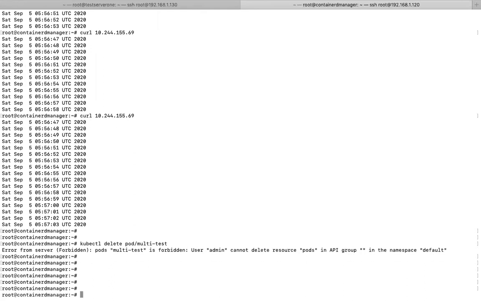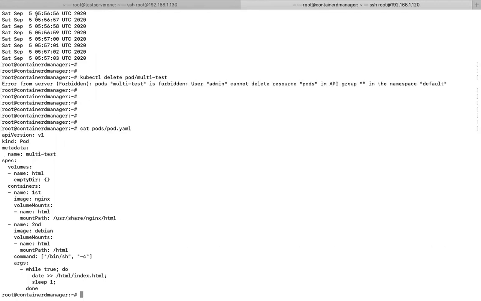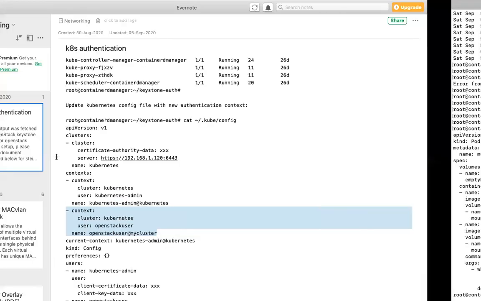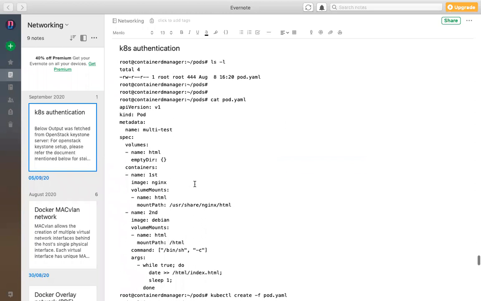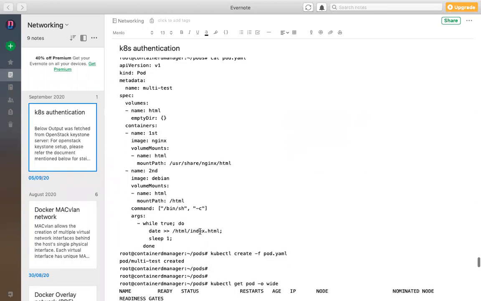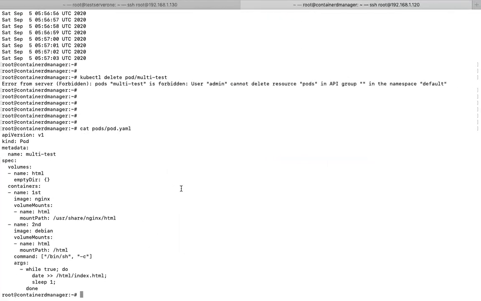Where are you getting the logs? I wrote the pod in such a way that it will update the logs in the container, in the Nginx container. That's the pod YAML which I have written. I'll update that particular testing one. I'll add this in the document so that you can refer to it. I already added it, I guess. Let me see. Yeah, I already added it. You can see this, right? For testing purposes. Now you are not allowed to delete the pod.